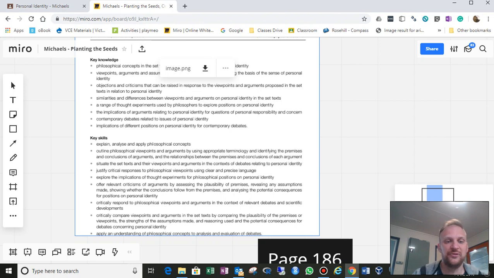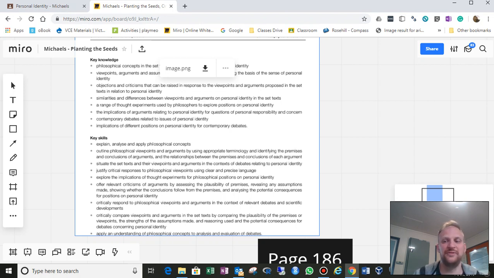But one of the most important things is that you need to be able to show that you critically compare viewpoints and arguments in the set text by comparing the plausibility of the premises or viewpoints, the strengths of the assumptions made, the reasons used, and the potential consequences of debates concerning personal identity. In other words, to make that really simple, you need to be able to explore the logic of each particular philosopher, outline some areas where you think that they are strong or they are flawed, compare them with each other, say overall I believe this position is the best, or I believe in a hybrid of them, and bang,